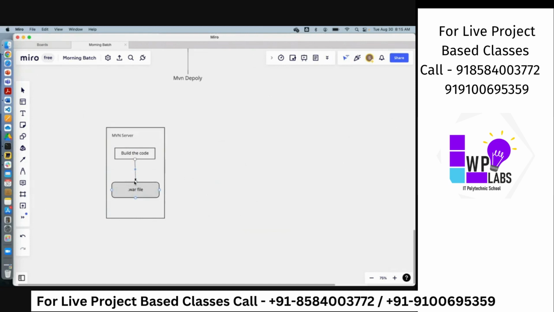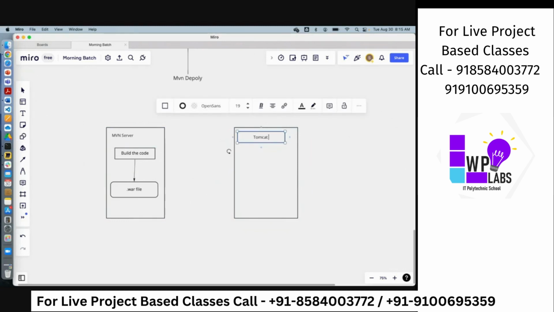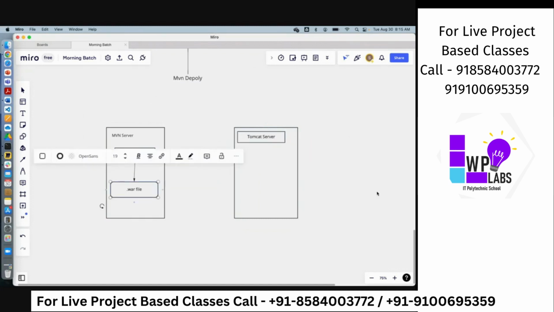Okay, so this happens on the Maven server. Now we will have a Tomcat application server. Okay, this will become a Tomcat server. Once we run MVN deploy,